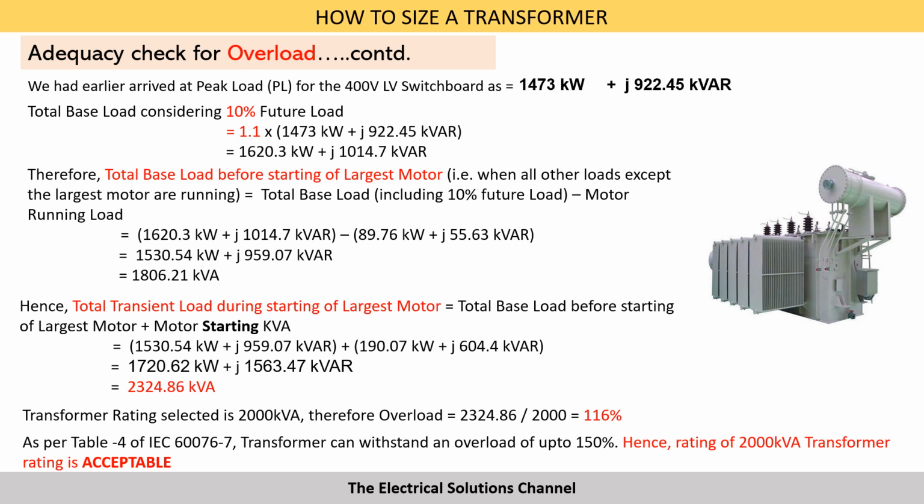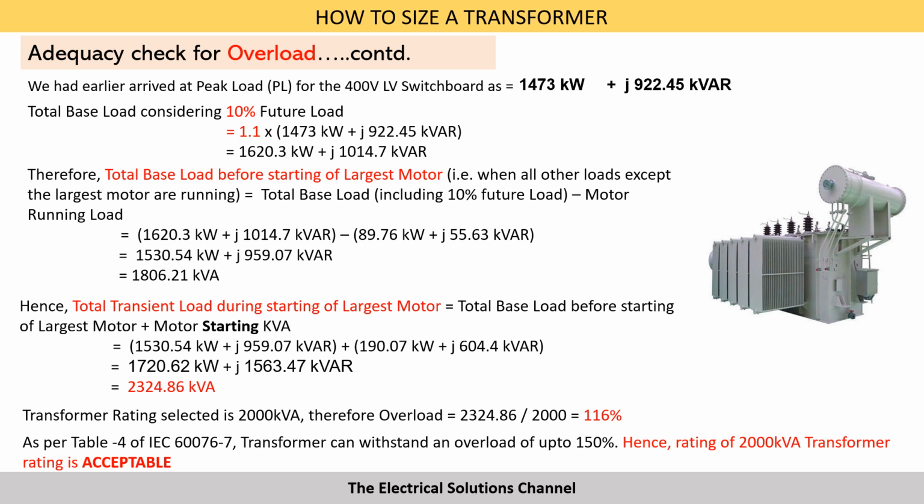Therefore, the total transient load during starting of the largest motor is the total base load before starting of the largest motor plus the motor starting kVA, which works out as 1720.62 kilowatt plus 1563.47 kVAR, which is equal to 2324.86 kVA, which is almost equal to